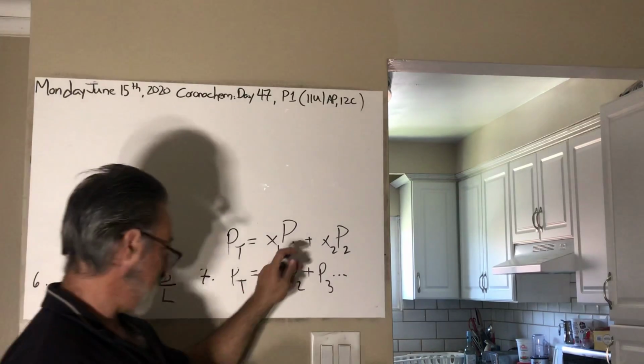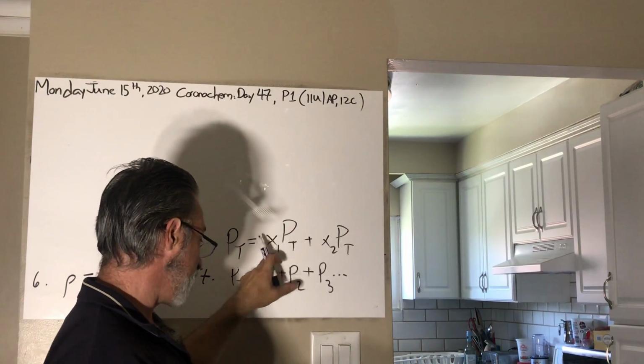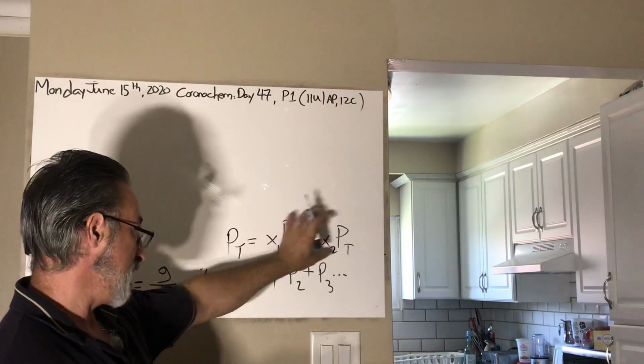Oh, right, you gotta put P total here. So take the total pressure, multiply the mole fraction of each by the total pressure, and they will add up